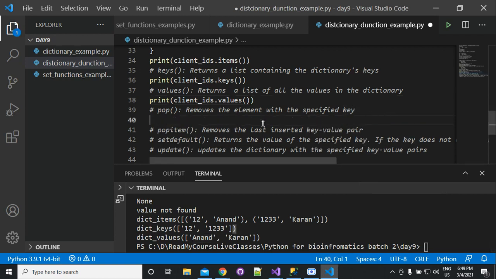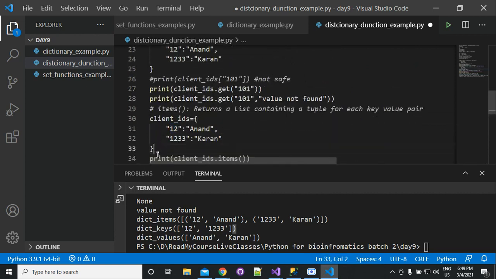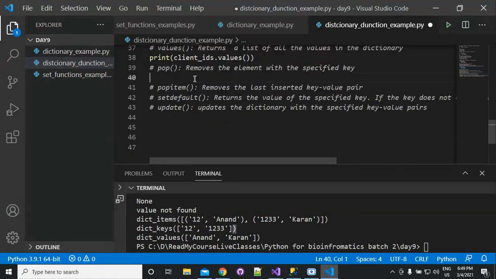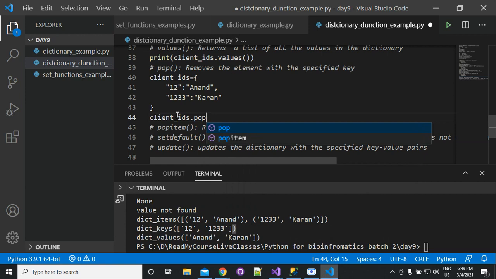Next is the pop function. What does the pop function do? It removes the element with the specified key. So suppose that you want to delete any element from this dictionary. Firstly I am copying this dictionary. Now suppose that we want to remove this 1 2 entry. Then what will we do? We will write client IDs dot pop.